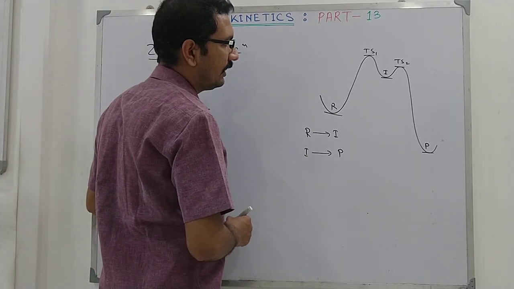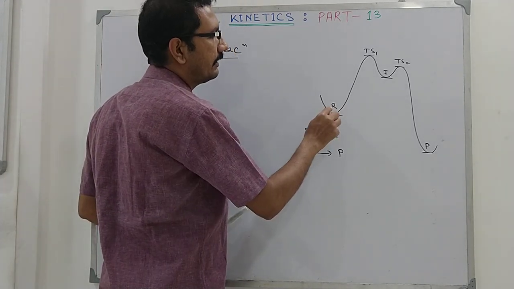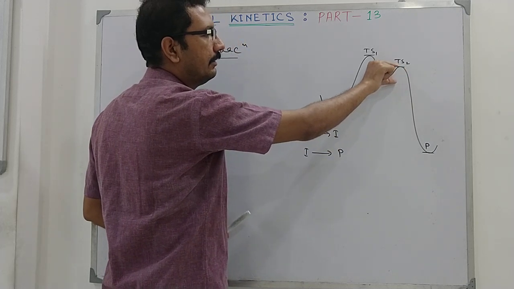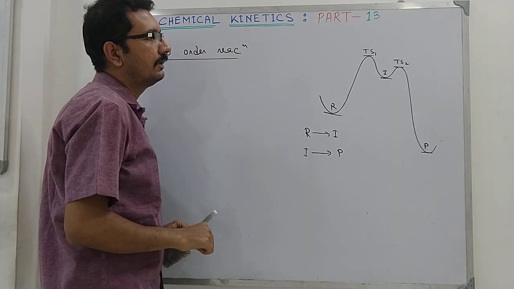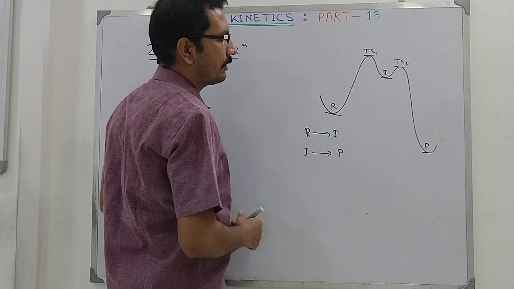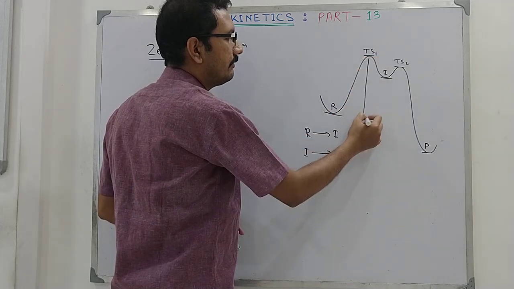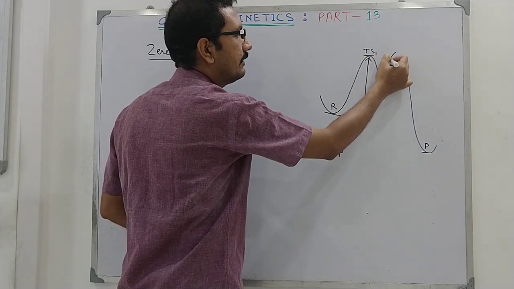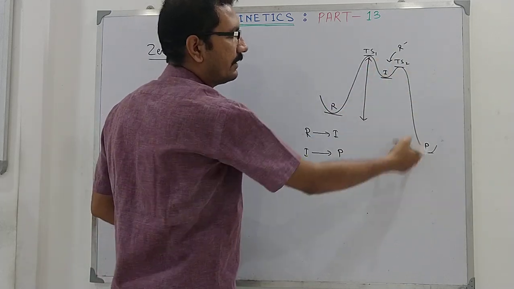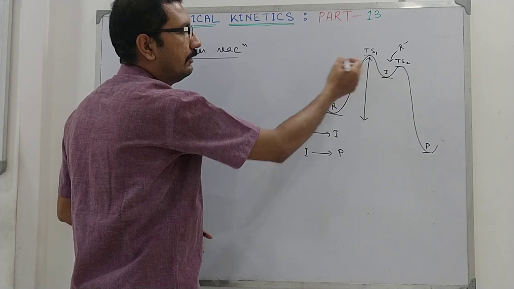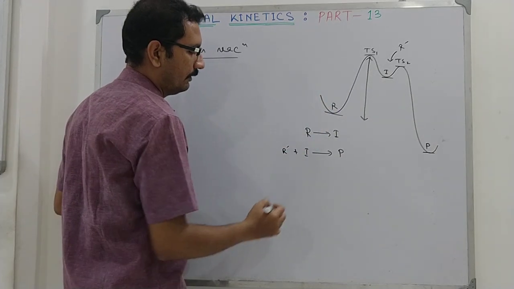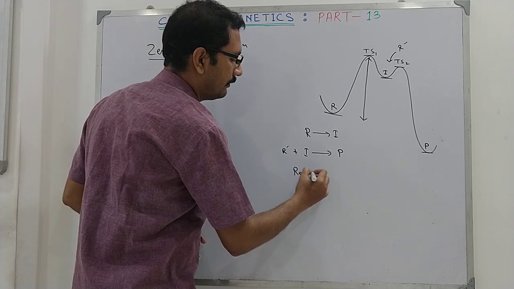Now if you have another reactant that participates in this step, that is with the very small barrier, then it will not contribute in the barrier crossing process, since the large barrier is this one. And if there is any other reactant, say R prime, and that it appears in the first step and not in the slow step, then the rate equation will be like this.